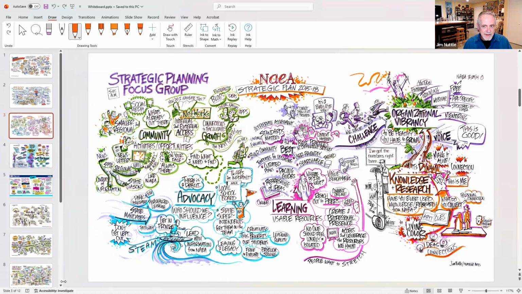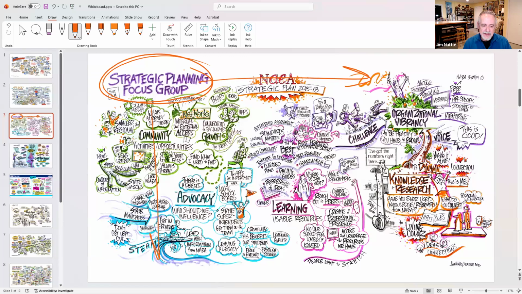And I think my starting point for virtually every graphic recording is a blank sheet of paper. So I don't have any sort of a structure in mind when I start, other than usually starting upper left, working my way across and down. Certainly, in this particular case, it was a focus group, so I knew that they were four or five chunks, buckets that they were going to